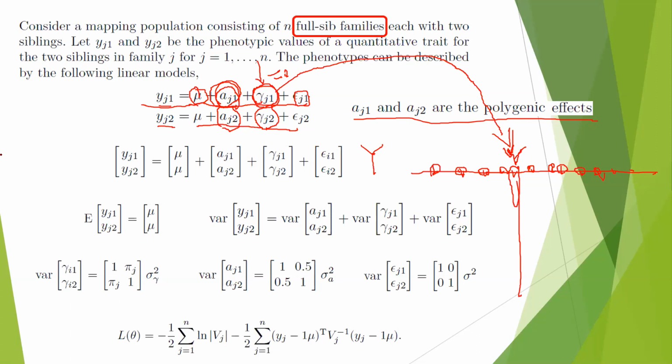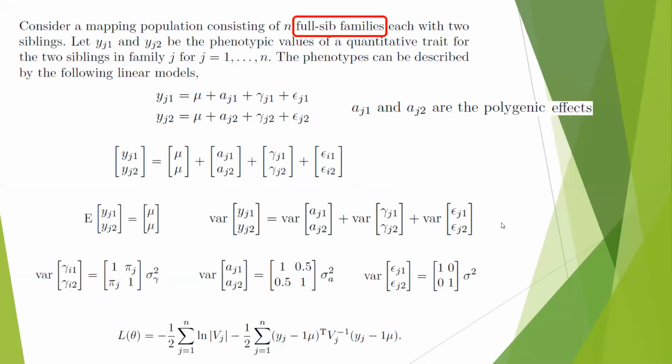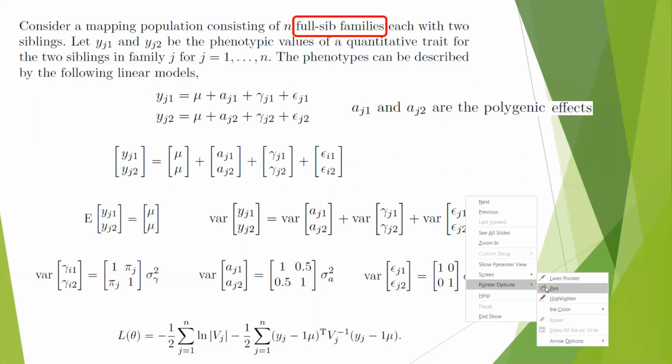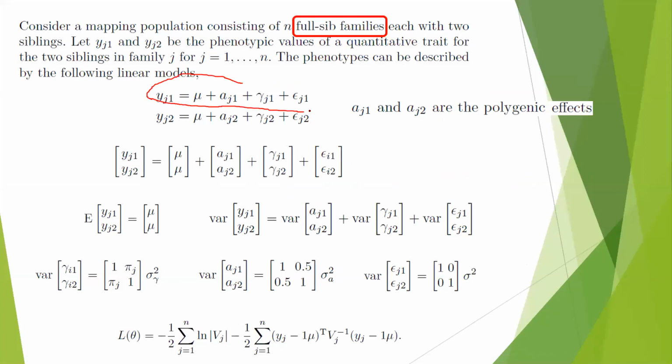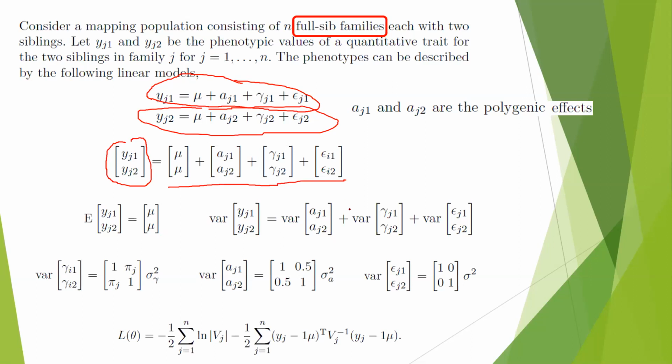All right, so now we are okay with this advanced linear model here. If we want to analyze these two sibs simultaneously, we use this matrix. We put these two individuals in this vector, and this is the linear model using the matrix notation. This is the expected value, because all these are random effects and the average of them is assumed to be 0.